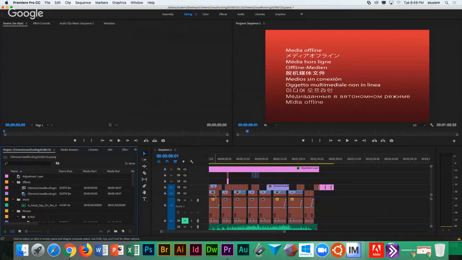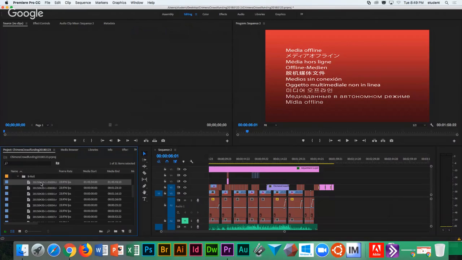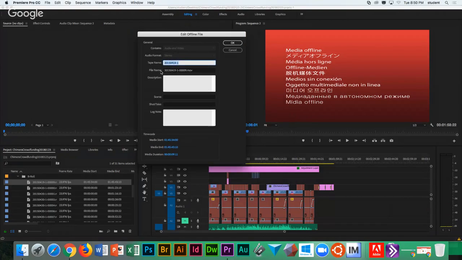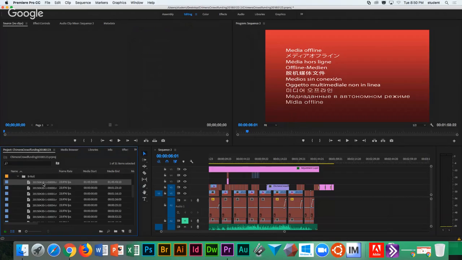So clearly, the problem of linking, and when you do that, you'll see that all sorts of things change in your project. All of your clips are going to have question marks next to them. They won't load. If you double click them, they're just going to come up here and say it's an offline file. Okay. And then when you go to relink them, you will see,